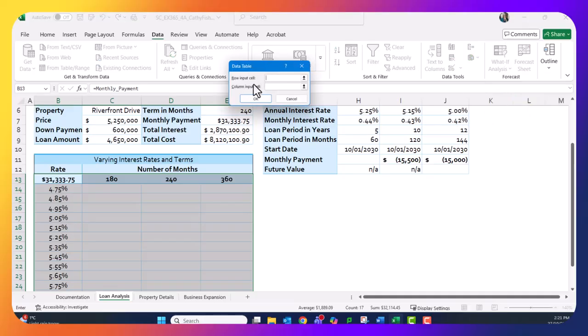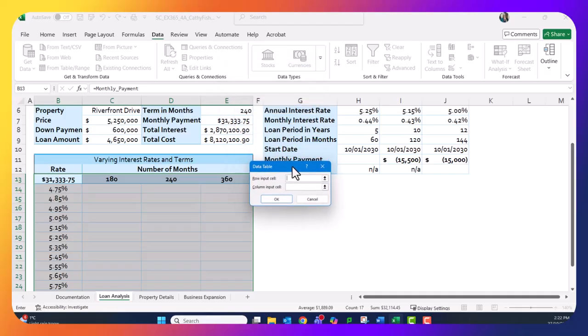And we have 2 choices. We can go with one. We can either do a row or a column, or we can do both. And for us, we have a 2 data input table. So we have a row input. Okay, so if we think about our row input